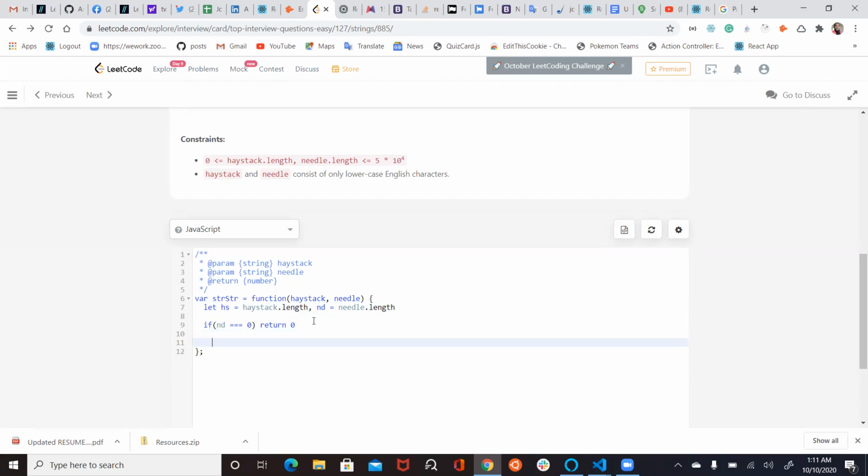Now I'm going to check if my needle length is greater than 0 and my haystack length equals 0, then I'm going to return -1. But if both if statements aren't true, which means I'm gonna jump to this line,